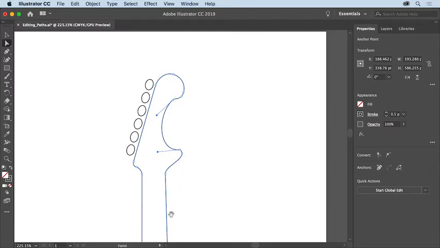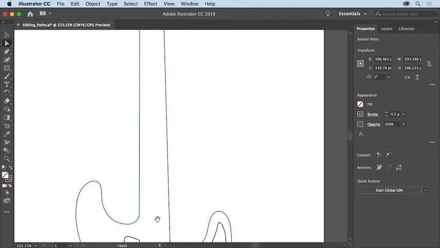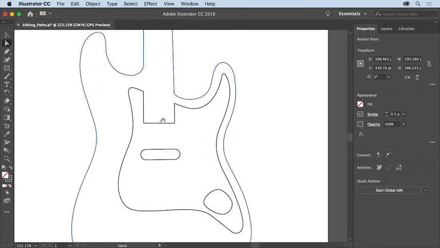Press the space bar to access the Hand tool again. Drag in the document window so you can see the path with the straight line down here. Then release the space bar. Move the pointer over the edge of this shape and click to select it. Like the path above, you can drag the curved parts of this path to reshape them as well. But move the pointer over this straight path, drag the path, and notice that it moves as a straight line. This method moves the path instead of reshaping it since it's not curved. Drag that path up just a little bit to reshape it.